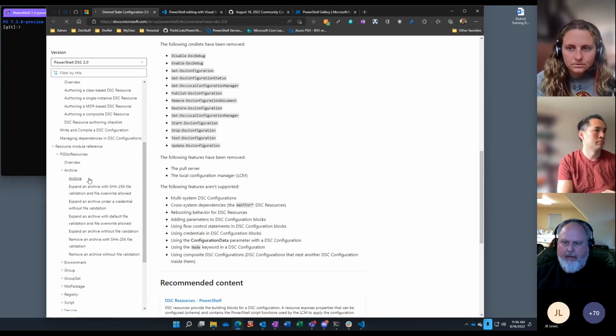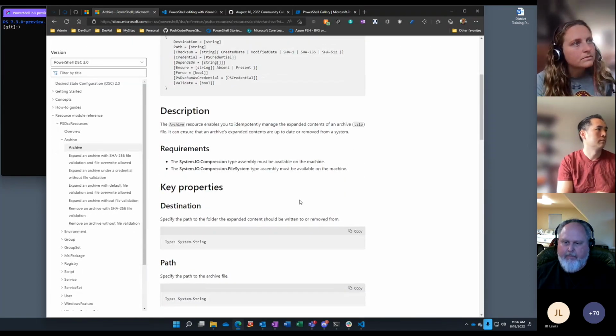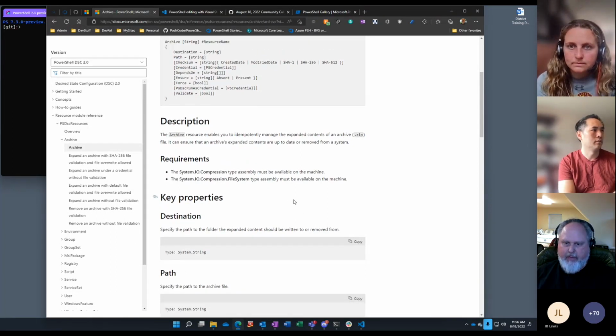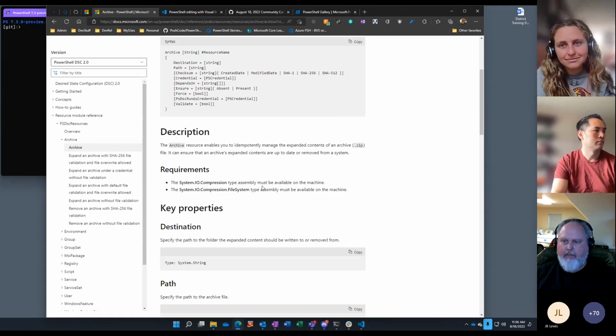And this is quite improved. This was a major uplift. There's, I don't know, 84 different documents here when you count all of the resource module documentation. So lots of good content here for you DSC users.